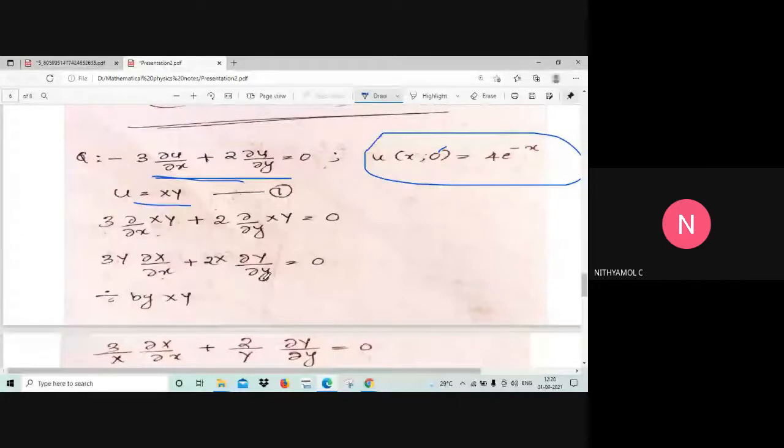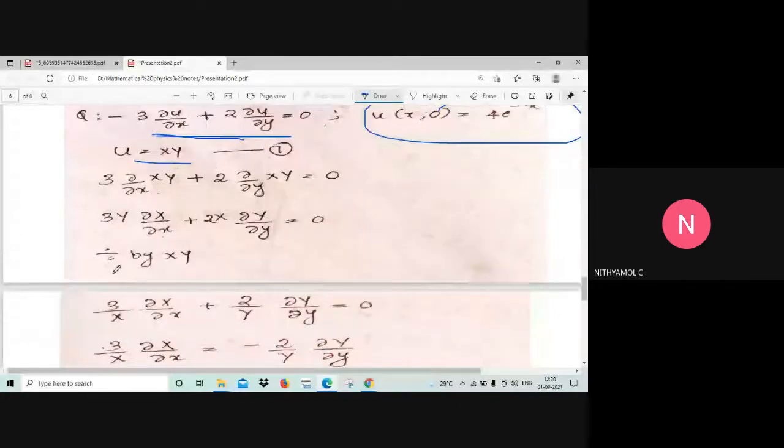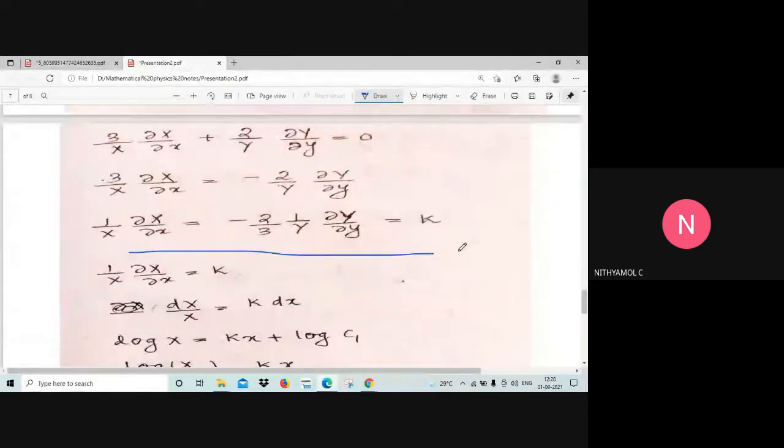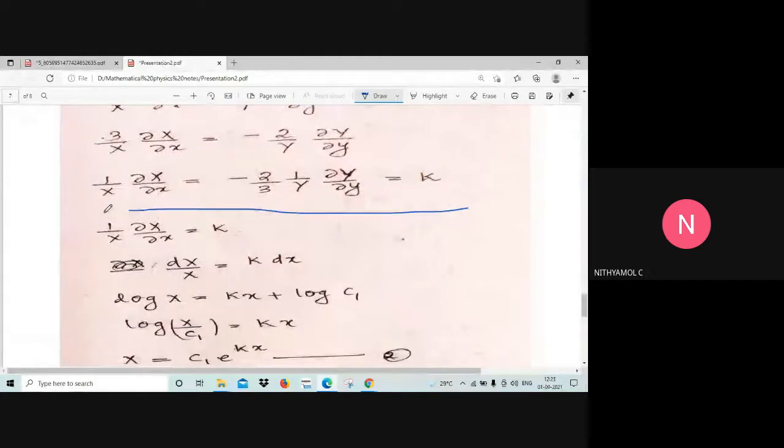Or divide by xy, then we will get this equation. 1 by x dou x by dou x equal to k, or dx by dx. We can change this partial to ordinary differential equation, that is dx by x equal to k into dx, log x equals log c1, or x equal to c1